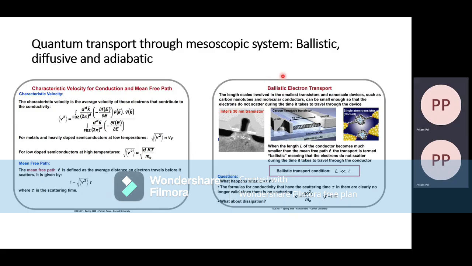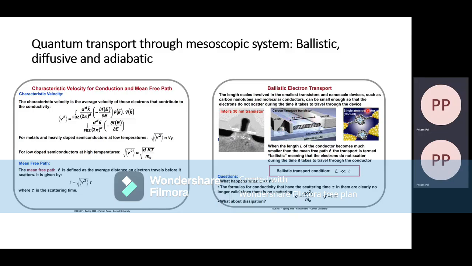Now, what is the ballistic electron transfer? So the length scale that is involved in the smallest transistors and nanoscale devices, such as carbon nanotubes and molecular conductors, can be small enough so that electrons do not scatter during the time it takes to travel through the device. So these are the typical examples, and this is Intel's 30 nanometer transistor that you can see,